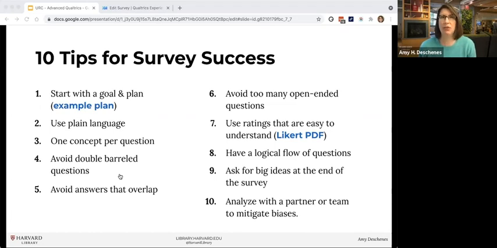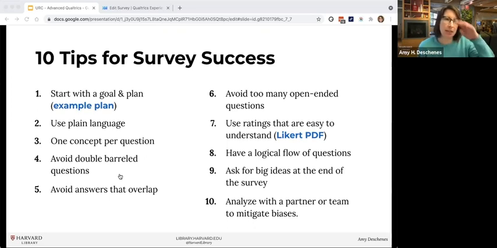Like, if you send out a survey with six open-ended questions and you don't get a lot of people responding, and then you realize it takes a lot more time to do analysis on open-ended questions, right? So thinking about using open-ended questions judiciously in your surveys is definitely something to consider.